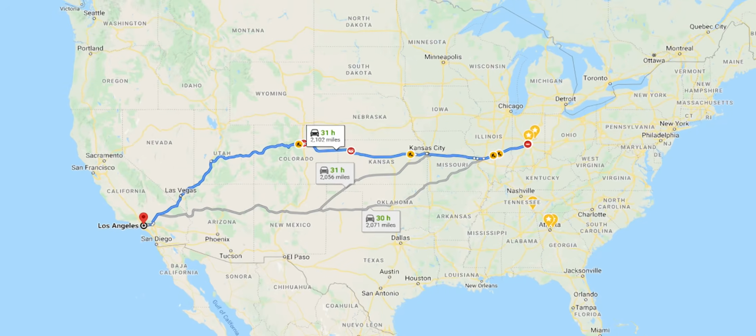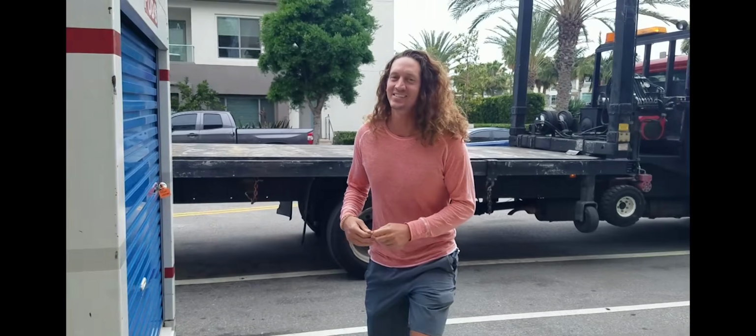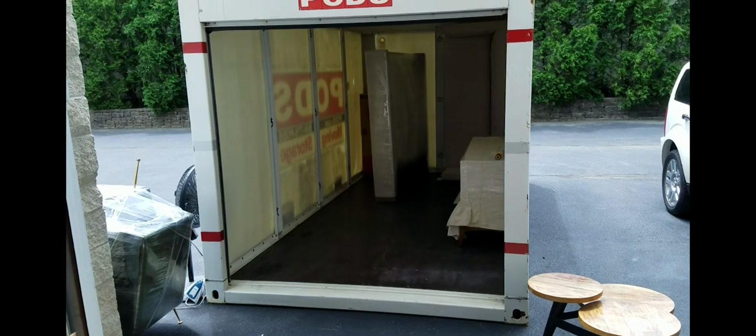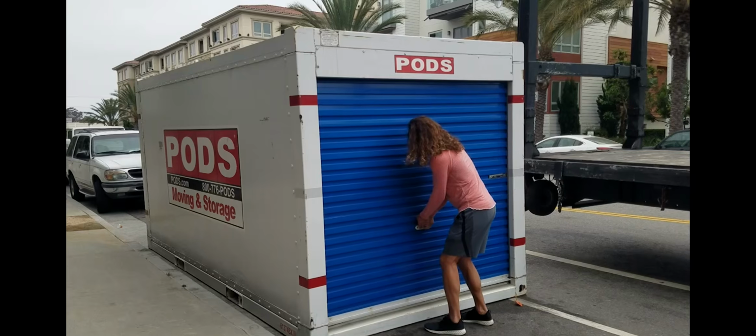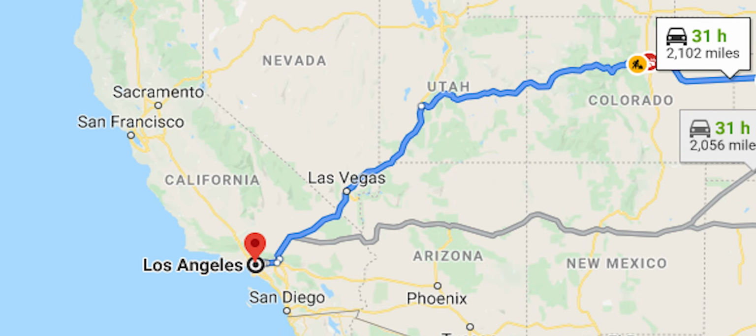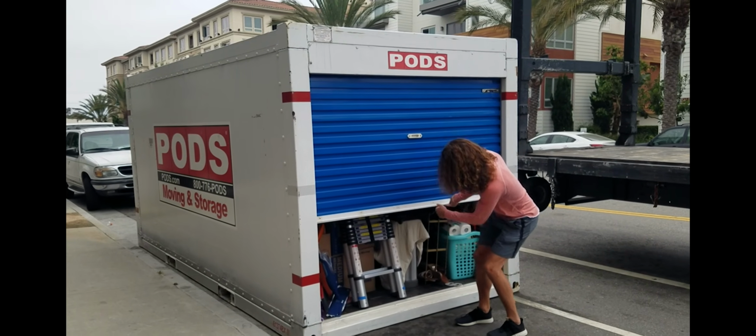I recently used PODS to move across the country, and I'd like to share my experience with anybody who's looking at using PODS to move. So I'm going to share my personal experience with using a full 16-foot pod to move from Indianapolis to Los Angeles. In the next few minutes, I'm going to tell you all about the good stuff and the bad,